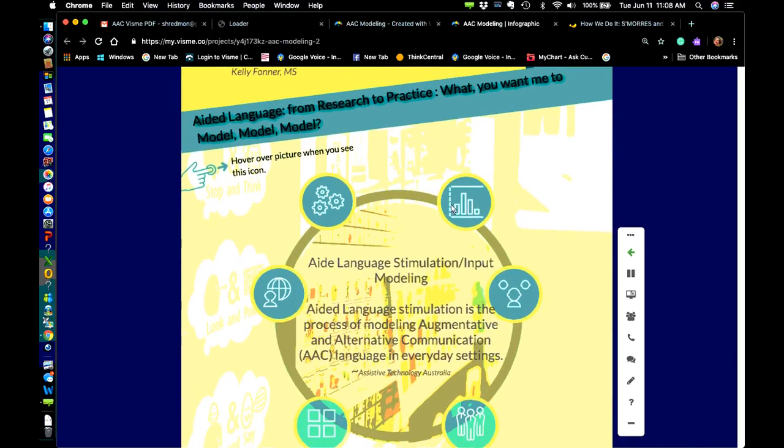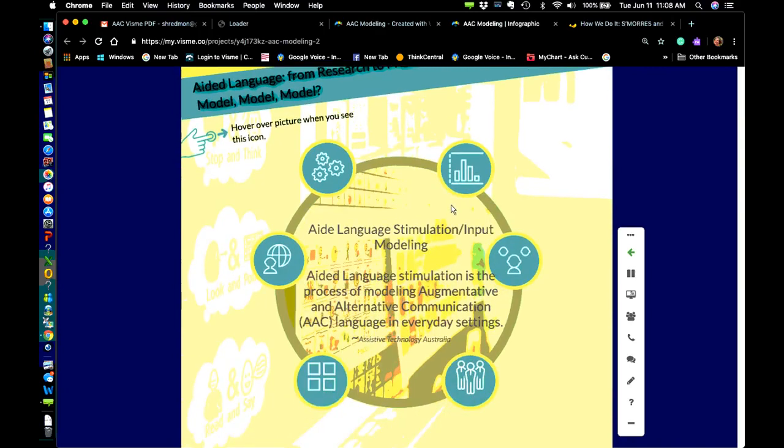Because what I've found in my practice is that I talk about this, I give this presentation, I train my EAs or paraeducators, teachers, parents, and then when it comes to implementing, things get lost. And I really struggled with this, but really tried to figure out why. What is happening? Why is this so hard? It seems so easy to model and point to a picture, but what are the barriers? Why are we having such a hard time with this? So that was really the impetus.